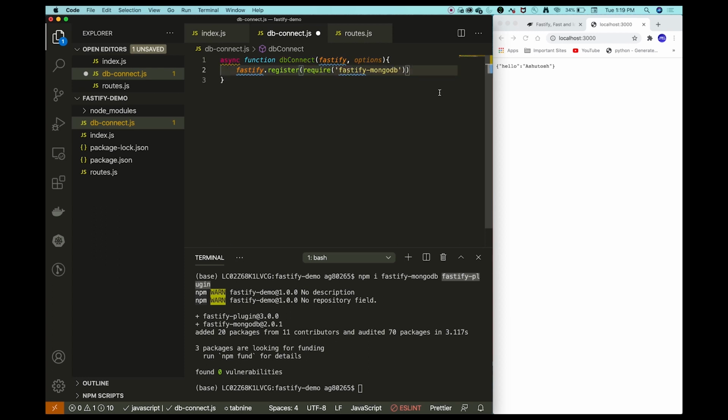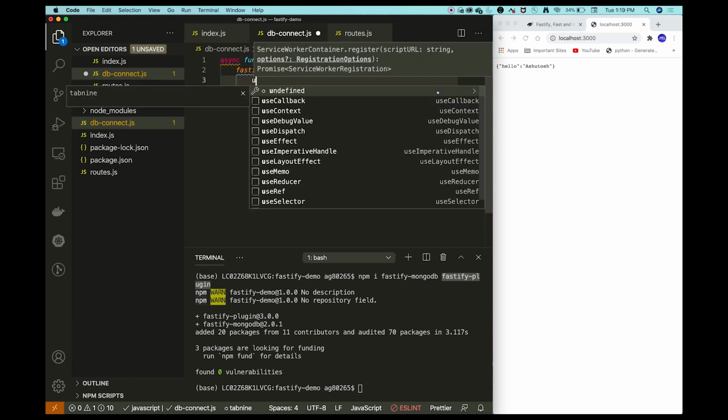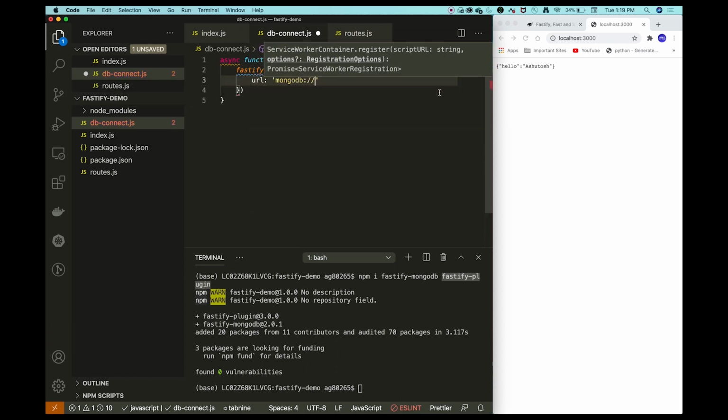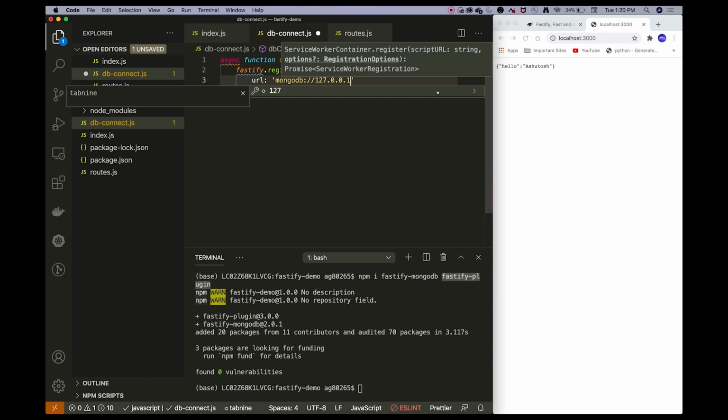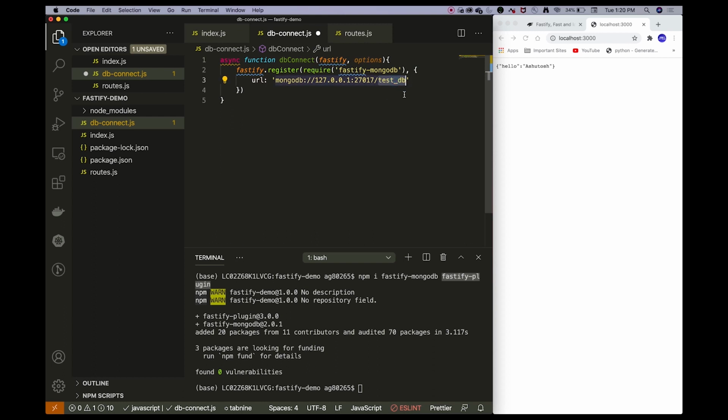And while registering Fastify MongoDB, we also need to pass one more argument which will define the URL of our MongoDB, and the default URL of our local MongoDB is 127.0.0.1 port 27017, and the name of the database which we are giving is testdb. Don't worry, we haven't created this testdb. It means this database currently is completely empty, and we'll create collections as part of this demo tutorial.